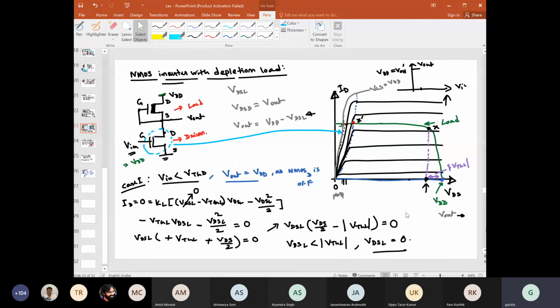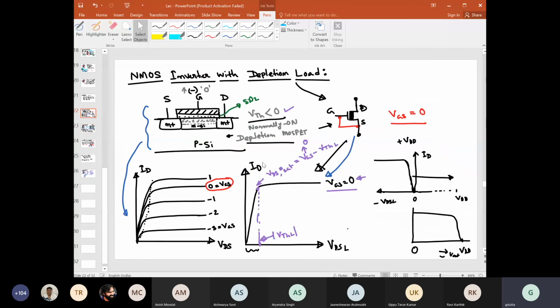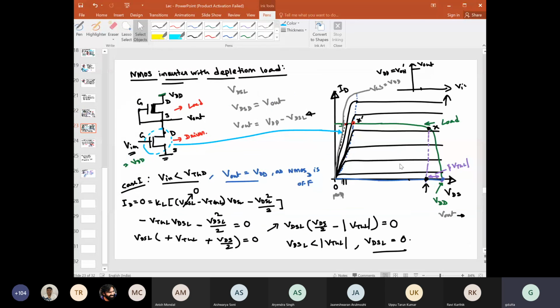See, the reason behind this is that the characteristics of the load device are like this. Just think carefully. As the load characteristics are like this only, now if you see the load curves for this inverter, right? See here, initial Q point is this,